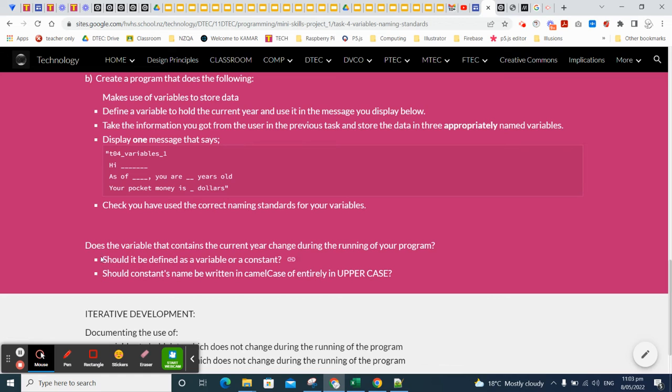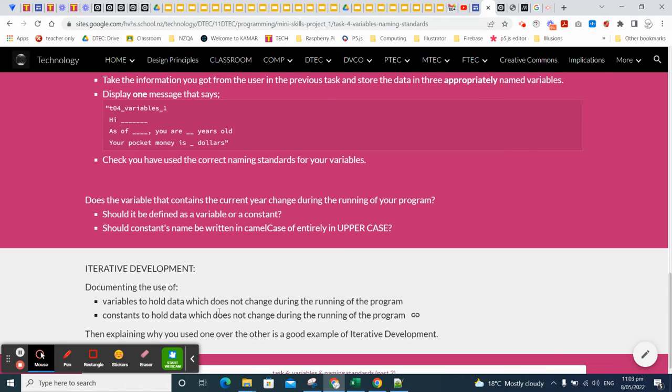And down here it says, does the variable that contains the current year change during the running of your program? So therefore, should it be defined as a variable or a constant? And should a constant's name be written in camel case or entirely in uppercase? And we've got some iterative development information here asking you to think about and write up something about variables versus constants. And if we have a go at running the program,